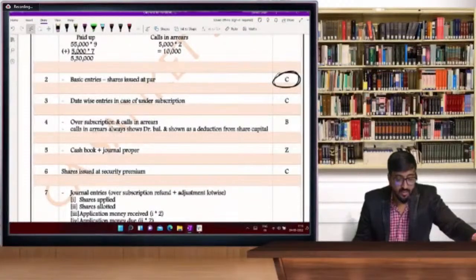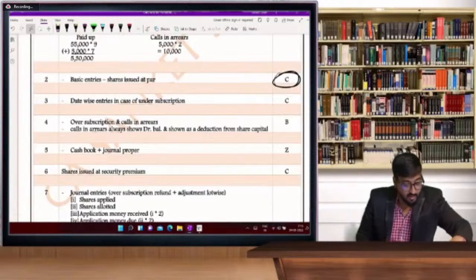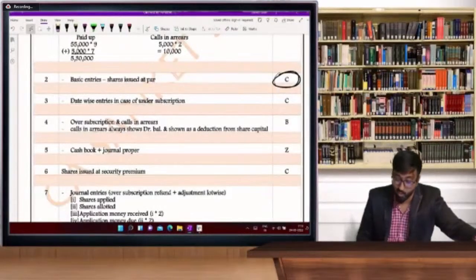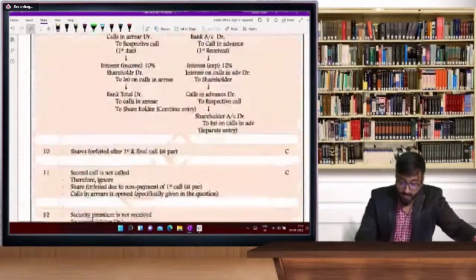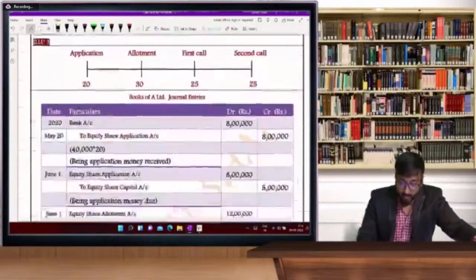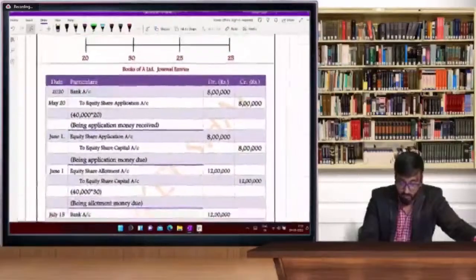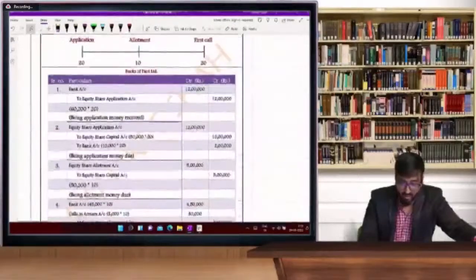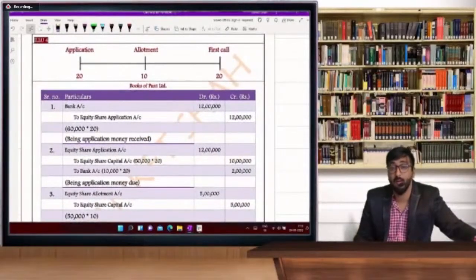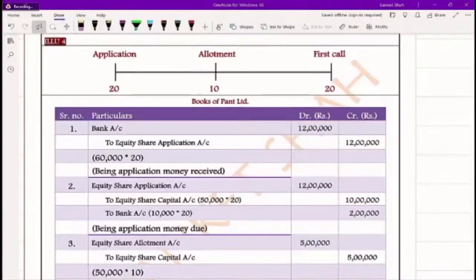Board resolution and date are not necessary, beta. Someone is asking me, sir, in the narration, are the board resolution and date necessary? No, beta. We'll do one thing: you can take a screenshot of my answers, so it will be easy for you. For illustration 3, no need to take any. For those who think the narration is difficult, you can take a screenshot. This is illustration number 4. You can take a screenshot.